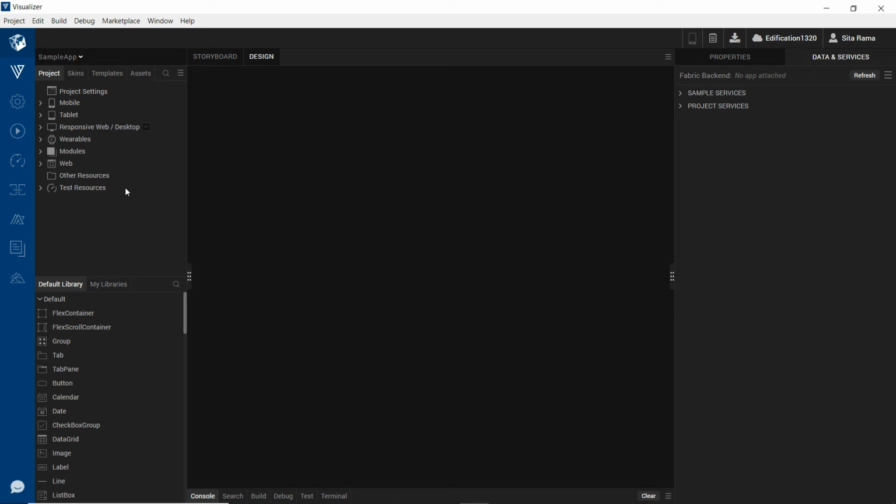If you can see here, there are different folders that are available. Each folder represents a channel: mobile channel, desktop channel, tablet channel, variables channel. So in each of these folders, you will be able to create forms.